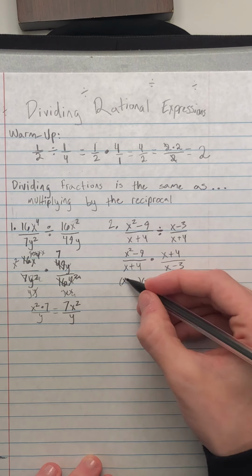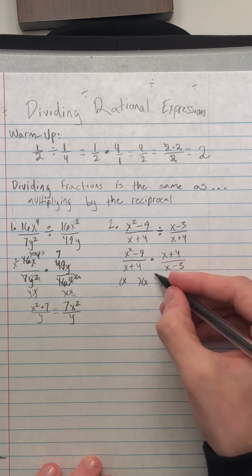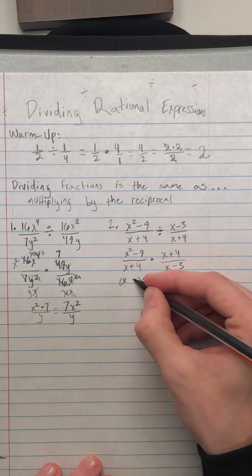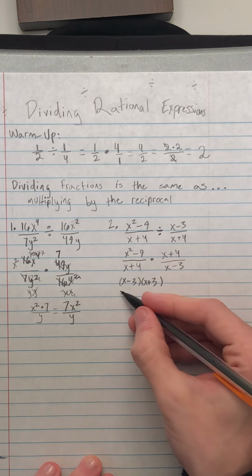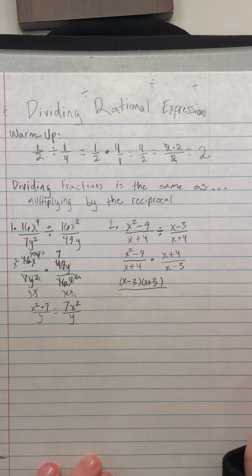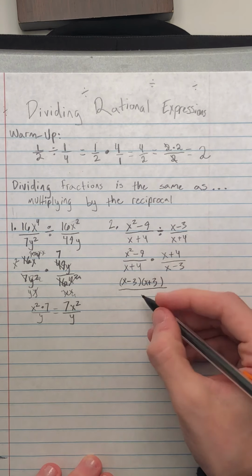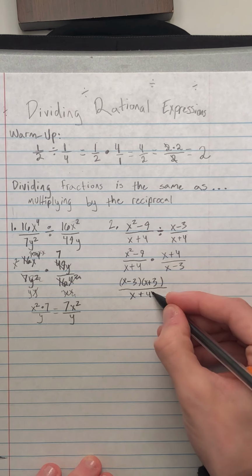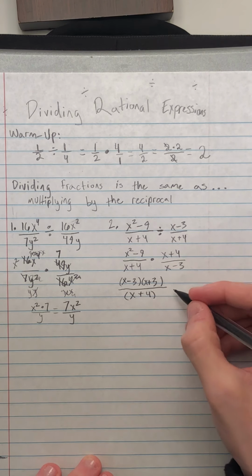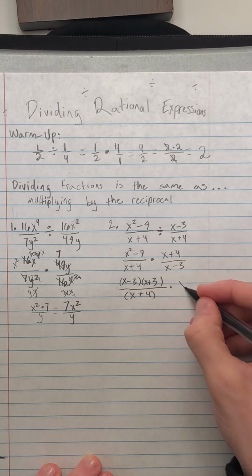So factors of x squared right here, x and x, and factors of 9 are going to be 3 and 3. One of them will get a minus, one of them will get a plus. So I have x minus 3 times x plus 3 over x plus 4 times x plus 4